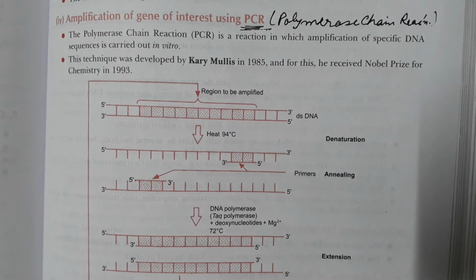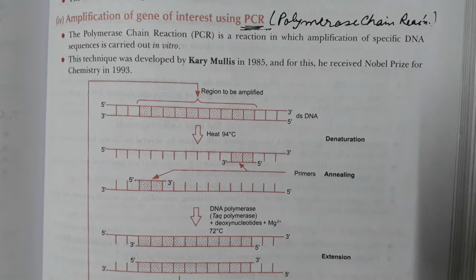So primers are needed for completion of this process. And the third thing required is enzymes which work at higher temperature. So the DNA template which we want to amplify, primers which help in amplification, and enzymes which will help complete this process. These 3 things are required for completion of the PCR.